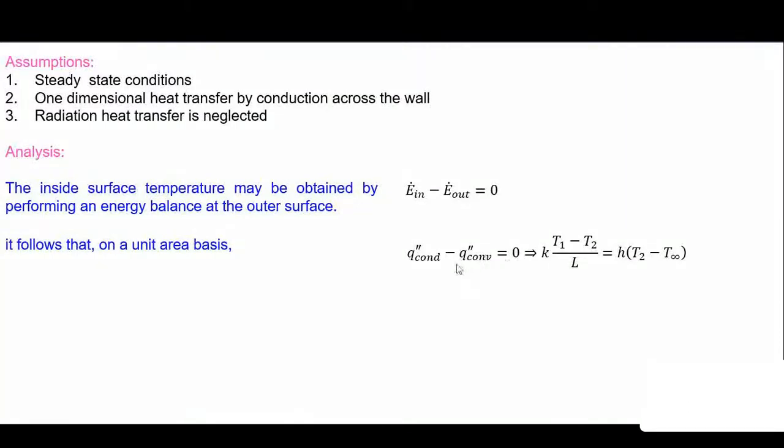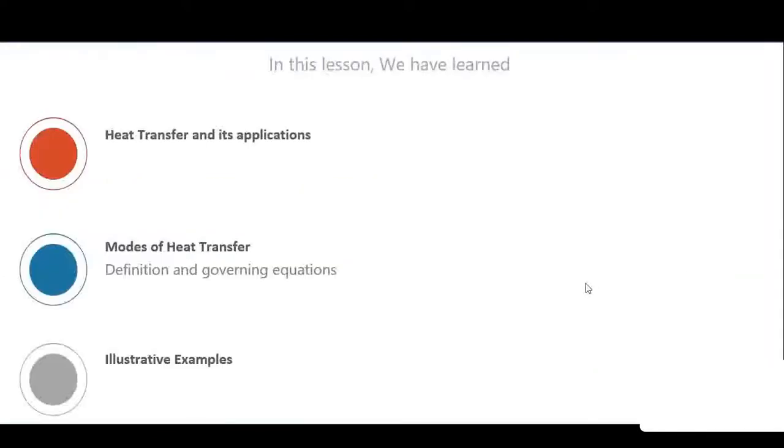So if you put the values, the heat flux by conduction is given by Fourier's law of conduction, that is k (T1 minus T2) divided by L. Heat flux by convection is given by Newton's law of cooling, that is h into (T2 minus T infinity), surface temperature minus fluid temperature. If you put the values in this equation, the only unknown is the value of T1, and that T1 can be calculated as 287.5. So this is another example which gives us the idea about the use of the conduction and convection governing equations.